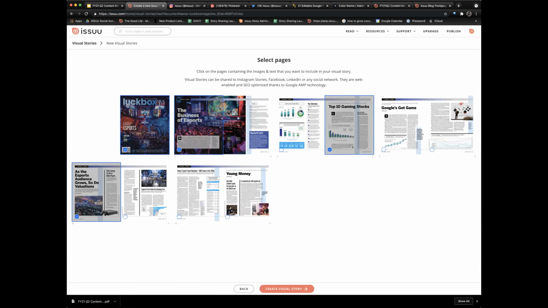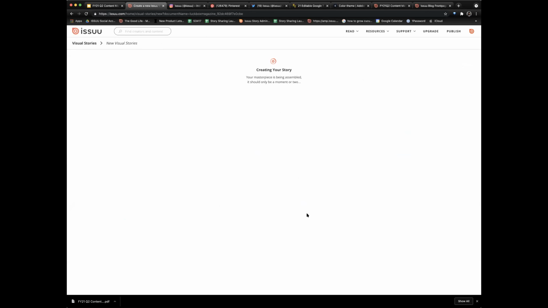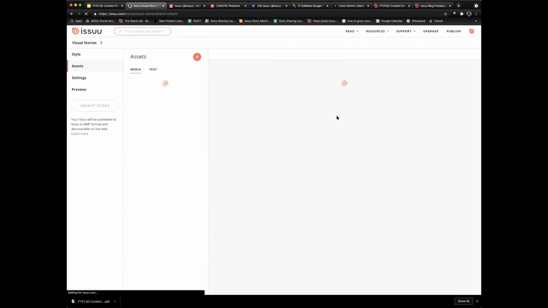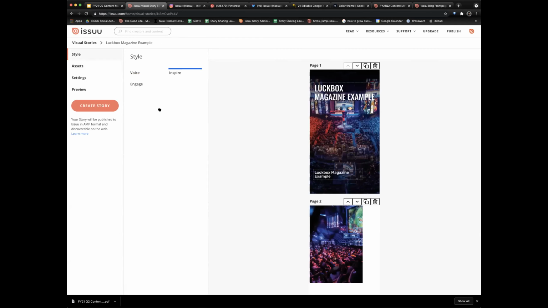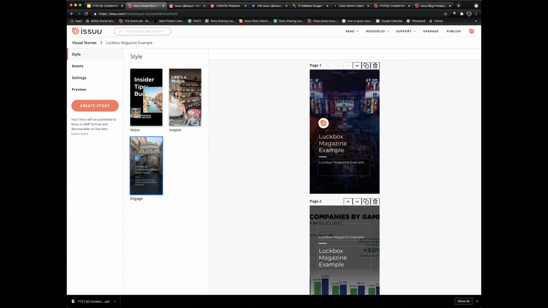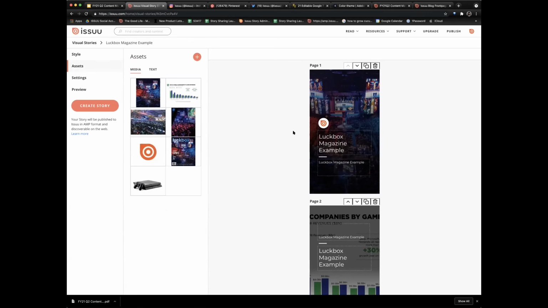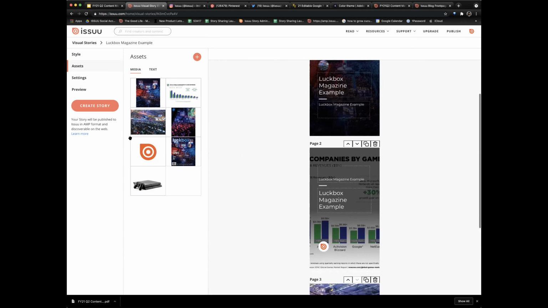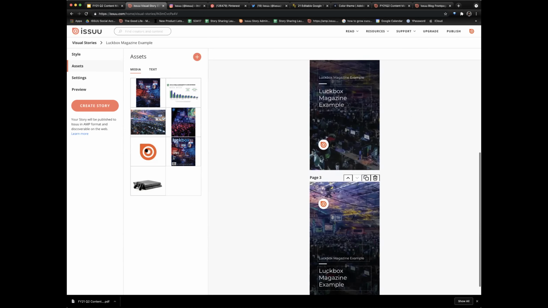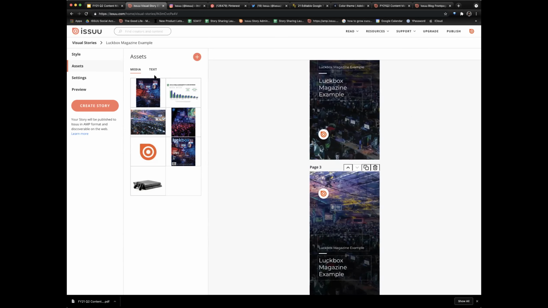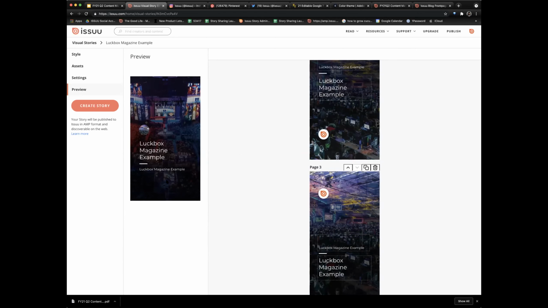So what I'm going to do here in this example is select some pages from the publication I created, and it will create a vertical video version of my story that we call visual stories. We have three pre-templated styles right now. This logo here is just the default logo because it is my profile icon, but it will be your own profile icon. And I can really easily click and drag to edit the elements and make changes to any of my content, or change the text out here, and then preview that